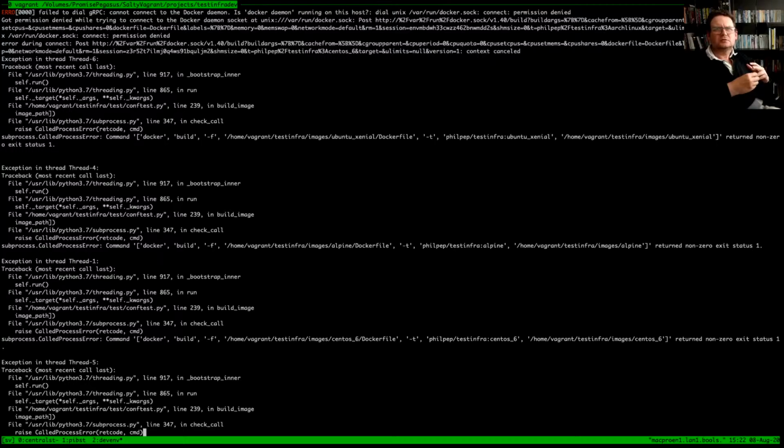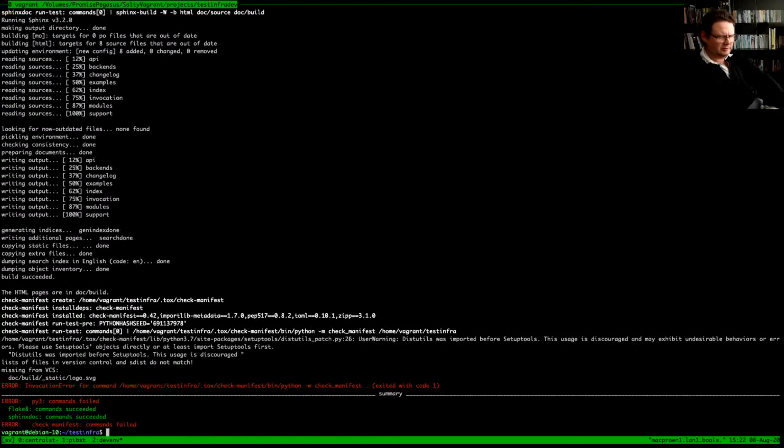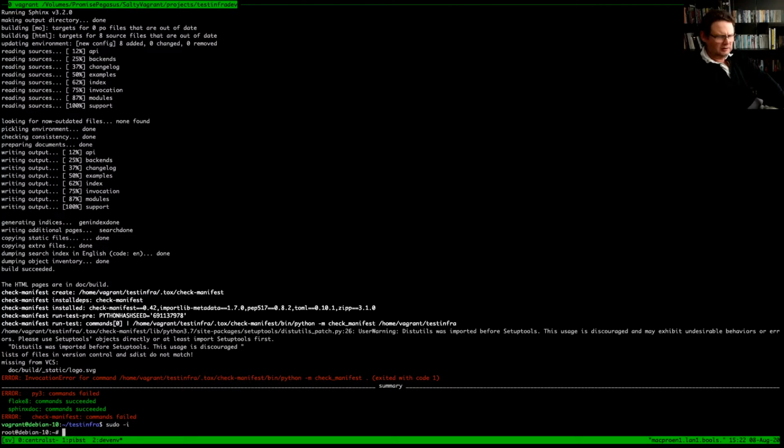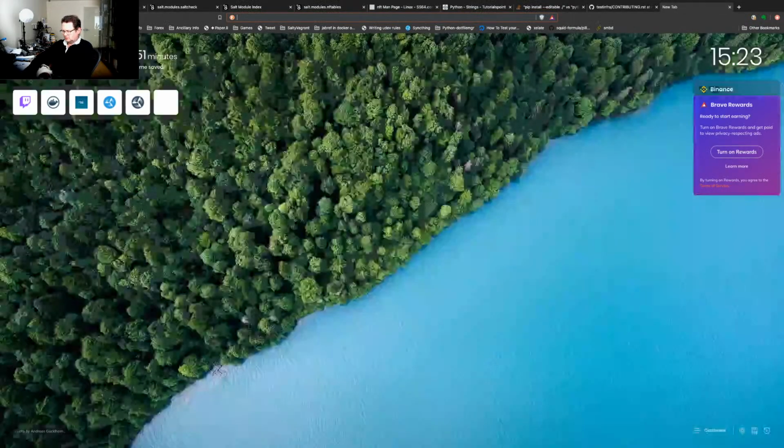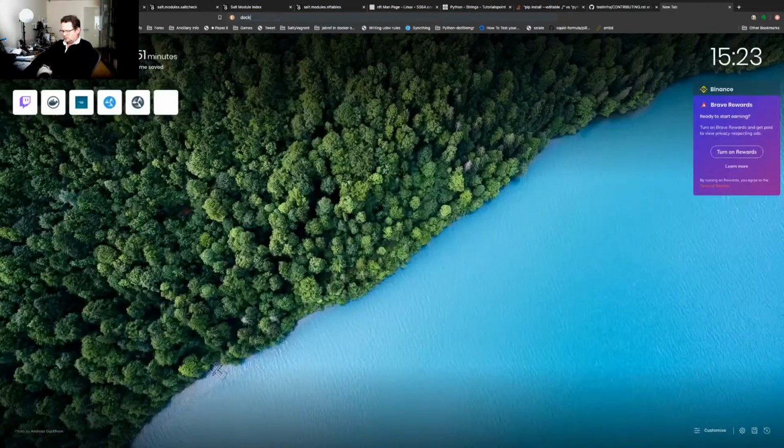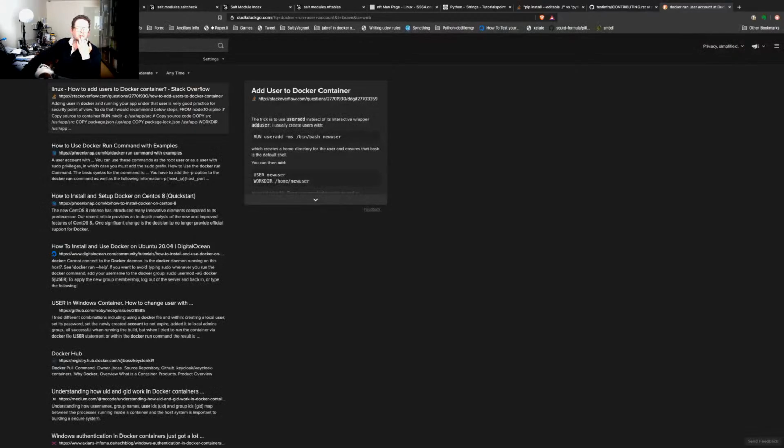Well, of course you got denied, because you're not a privileged user. So, if I remember correctly, yes, I think there's a Docker group that I have to add this user to, isn't there? Something like that. Docker run user account. And it's something like